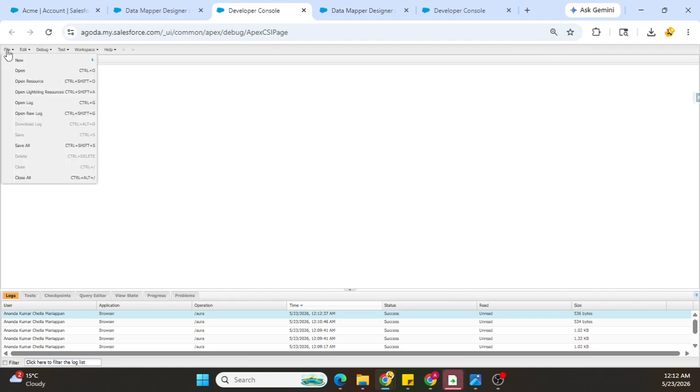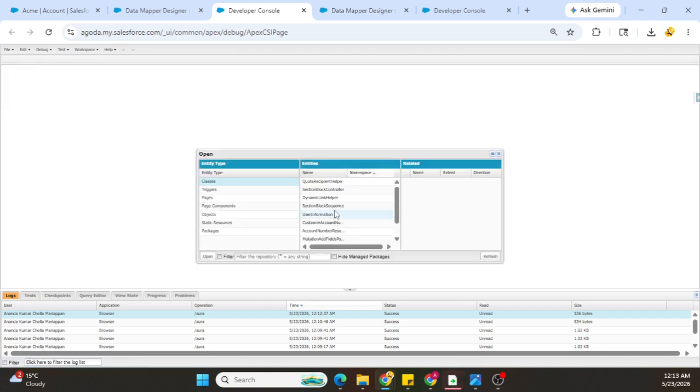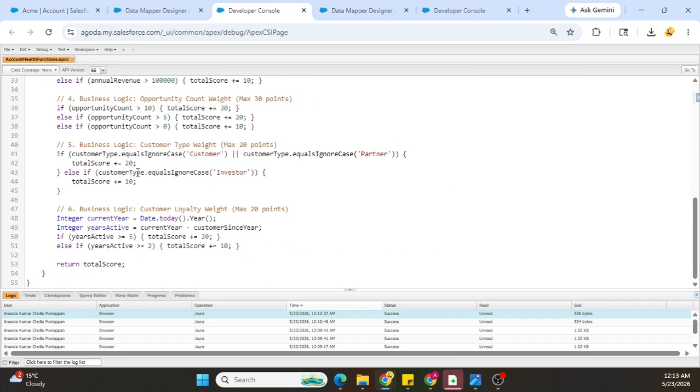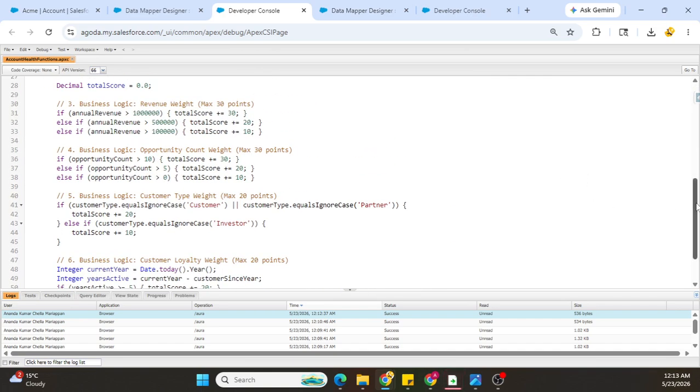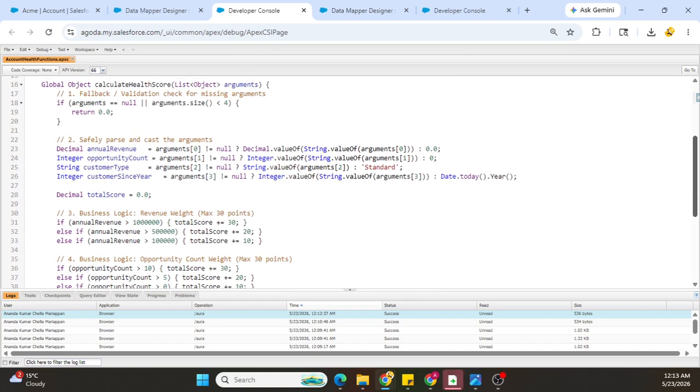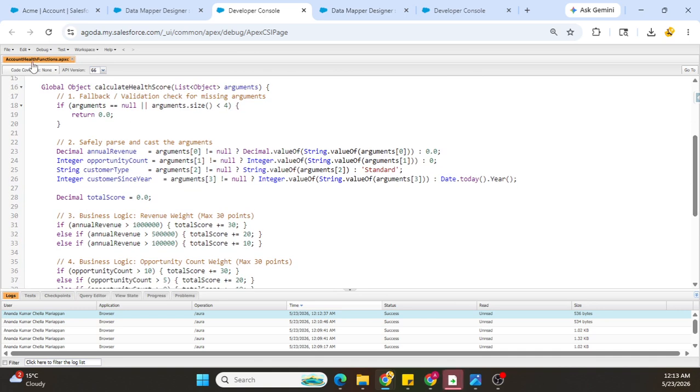Sorry, I think there is one existing. Okay. So I have this Apex class. It's not a callable interface. So this Apex, I just calculate health score here. So we need to pass the arguments with all the business inputs such as annual revenue, opportunity count, customer type,